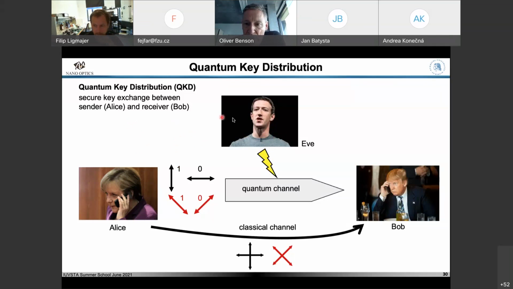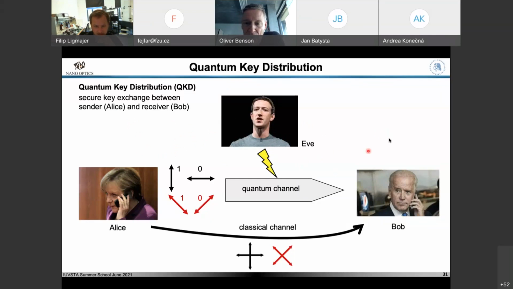I've been using this slide for quite some time, and you can use different Alices and Bobs and Eves. I had to exchange Bob a number of times in the last years. This is maybe the more recent Bob that I use here. Alice is always the same in the last 16 years, but this will change also soon, I guess. Good.